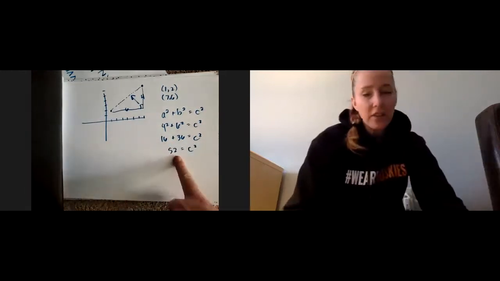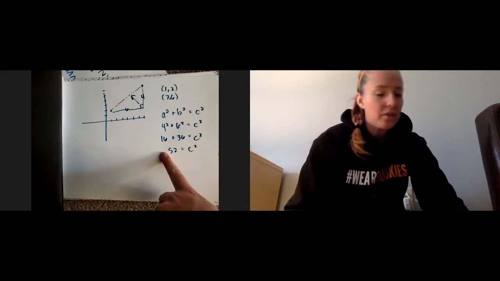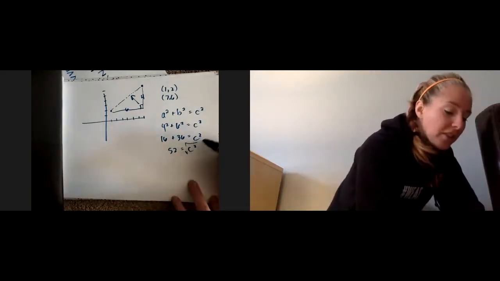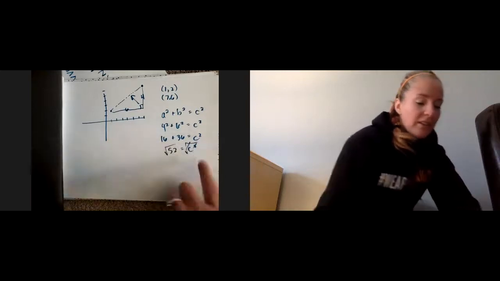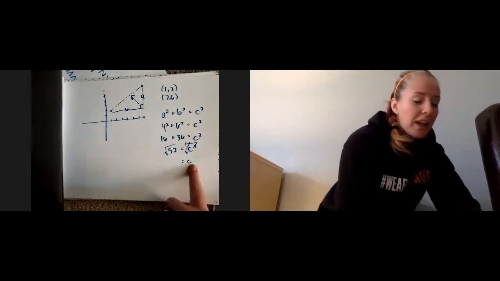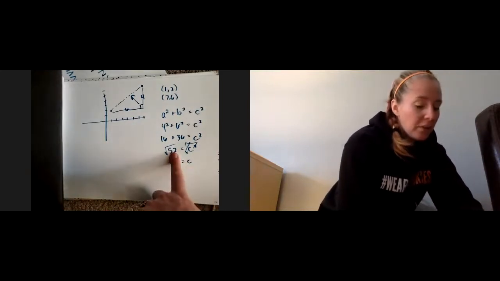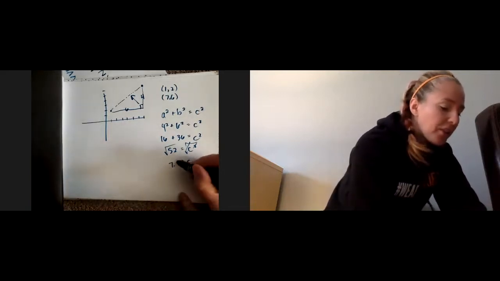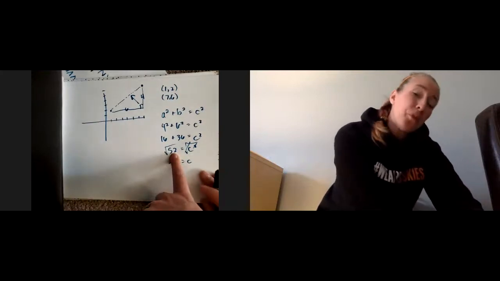And 52 is not our answer, right? We can't just say c squared equals 52, so c equals 52. No, you wish, but you can't. You have to find the square root of both sides to cancel out that square. So squaring and square root are opposites. Now we get plain old happy, simple little c, and the square root of 52 is going to be a little bit over 7, probably about 7.2, because I know that 49, the square root of 49